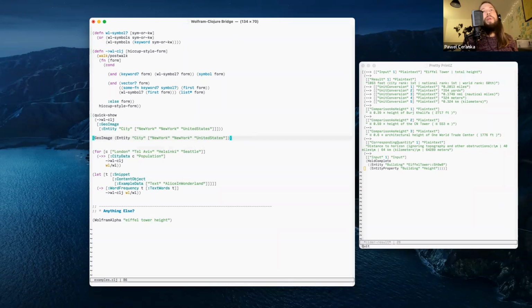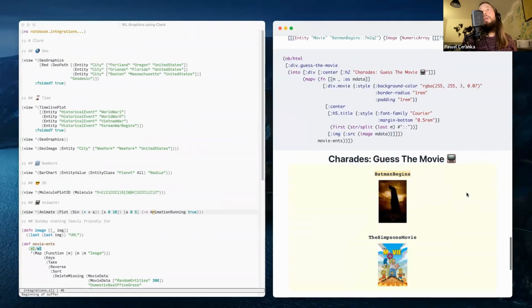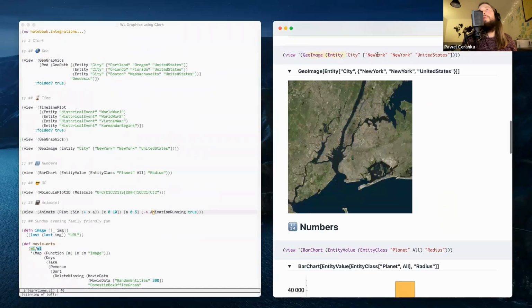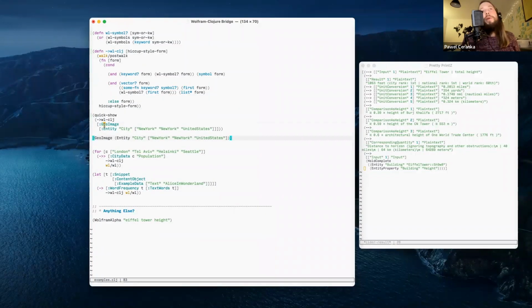So this is the example, right? We were looking at that here, like a geo image of New York City. We had that here, right? Geo image of da da da. But maybe I want to represent that as hiccup, and then you think, oh, maybe there's a straight path to having a widget that gets rendered in some sort of Clerk or whatever environment. So the translation from this form to this form is pretty trivial. It's just this, right? Well, at least the first cut of that translation.